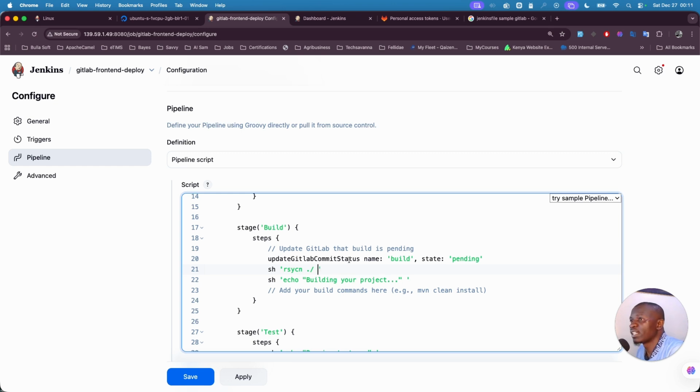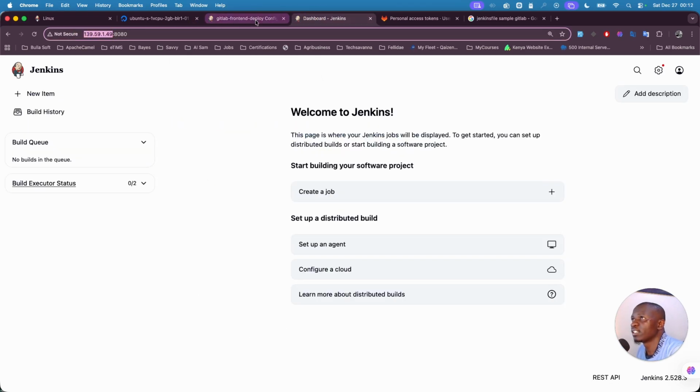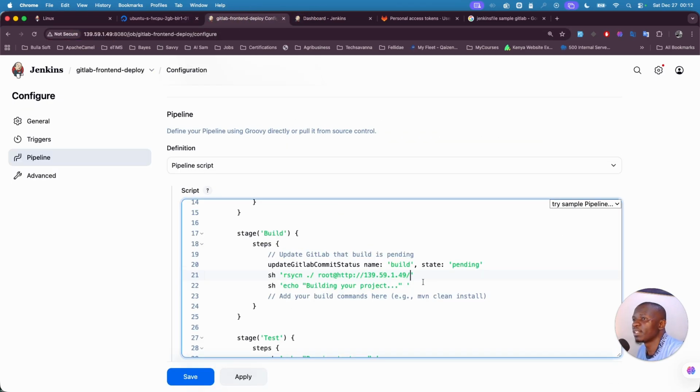So we'll need, like in here, to create now our login into our server, that is using SSH. So you can just say rsync into this, and then let's say if you're using a root user, not do this stage because my server is live. So I'll just say my root user at this IP address, and then in here I want to take them to maybe the folder that we had created, which was var,